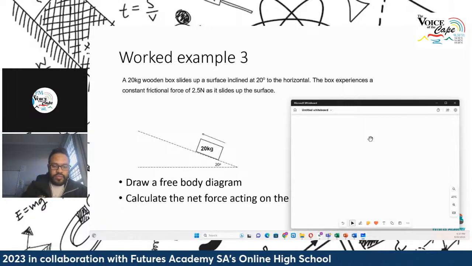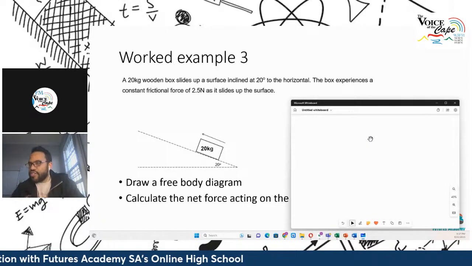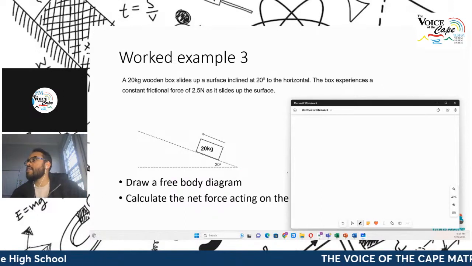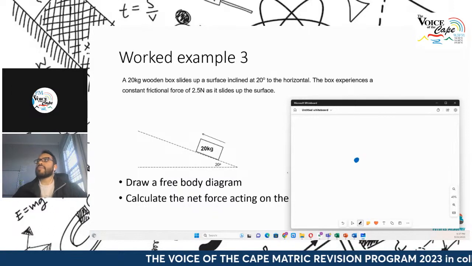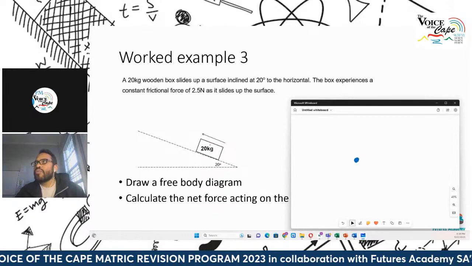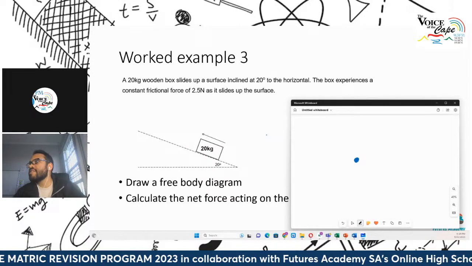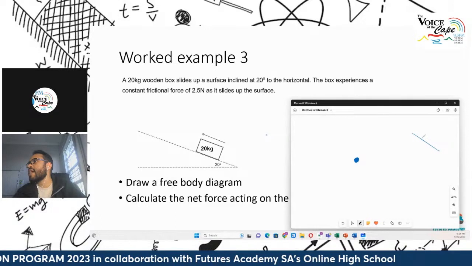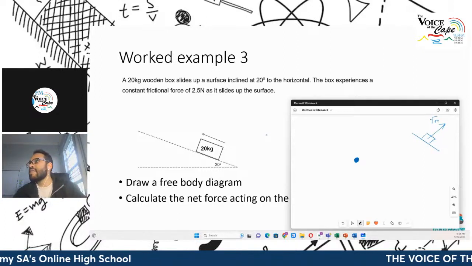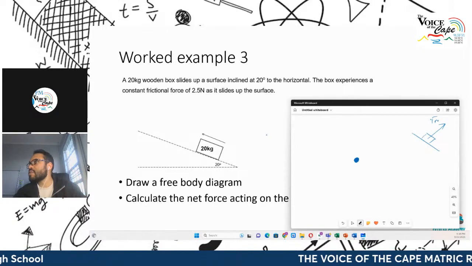Right, let's wrap up with this question. We're on a roll. Draw a free body diagram. Remember, free body diagrams, we draw it using a dot. So now, there's my dot. Okay, so what are the forces? Well, this is the object. Remember there's a surface. So let's just imagine the surface is there. If we draw the actual box itself, then perpendicular to the surface, that's going to be my normal force. Then acting directly downwards will be gravity, right?